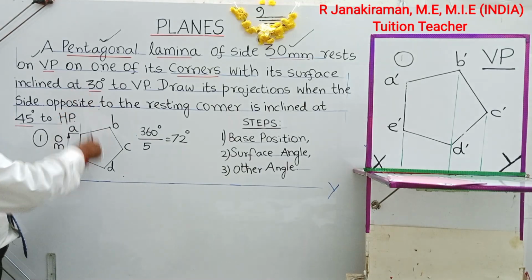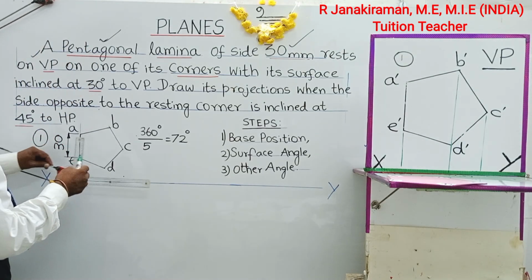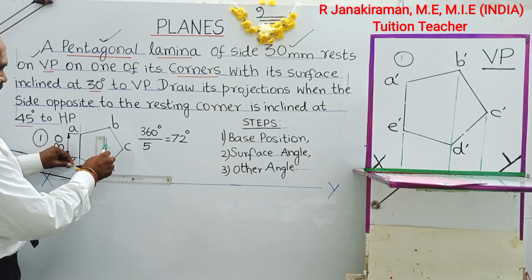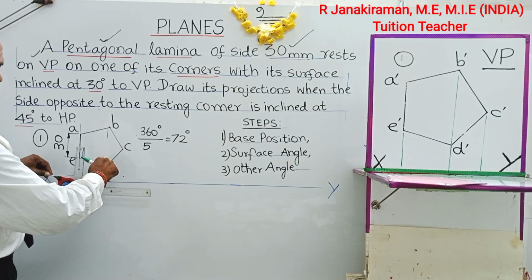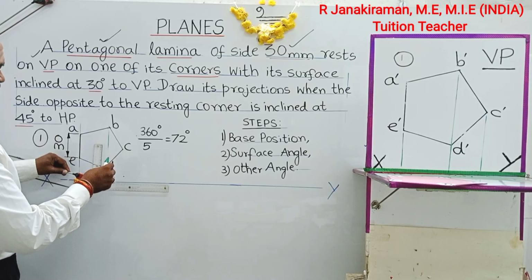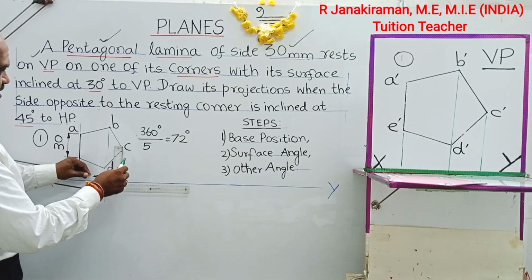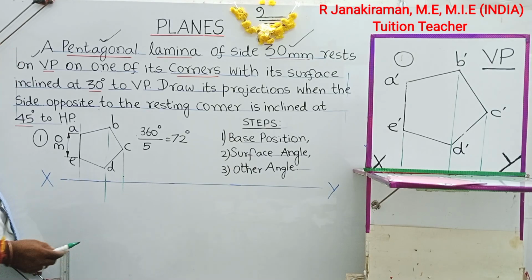Next, the corresponding top view we are going to draw. So take a 2H pencil, draw a vertical projector from A. From B, if you draw, it also merges with the point D. From C, you draw a vertical projector using 2H pencil. Where it intersects